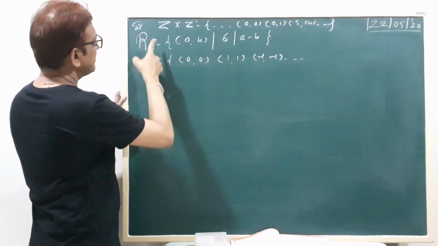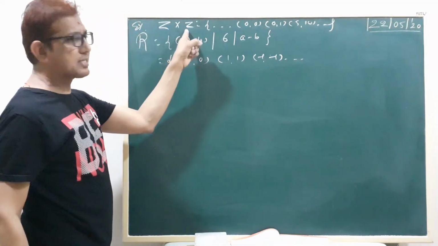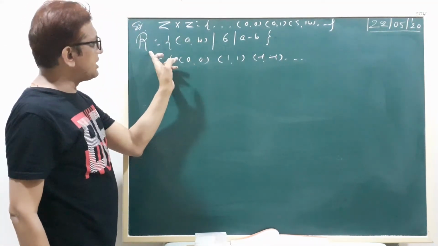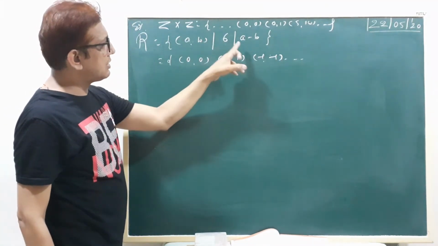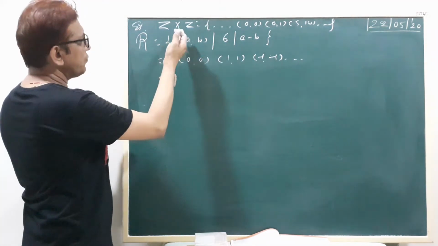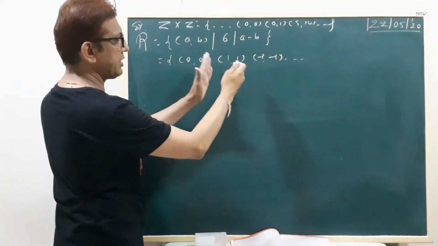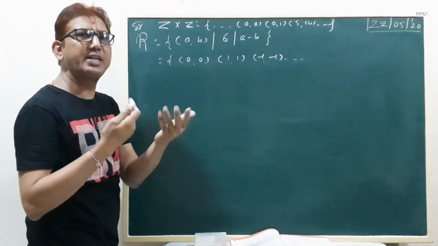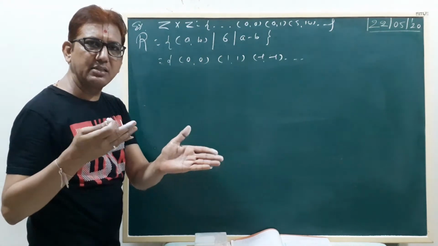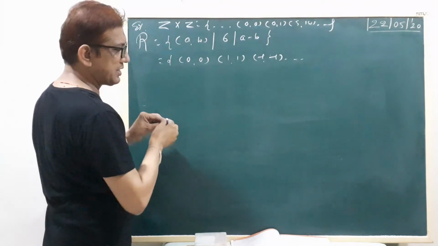Next sum, Z cross Z. This is our universal set. Now relation R equals the set of (a, b) such that a minus b is divisible by 6. Okay. So first we take divisible by 6. Same elements here: (0, 0), (1, 1), (-1, -1), (-2, -2), (5, 5), (10, 10), (11, 11). Same elements are possible, so this one satisfies